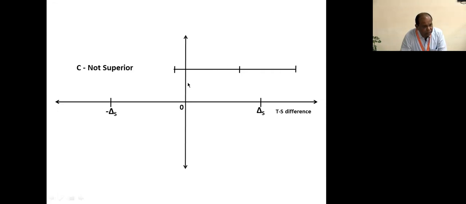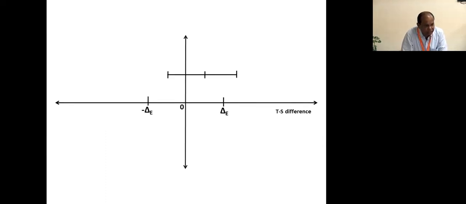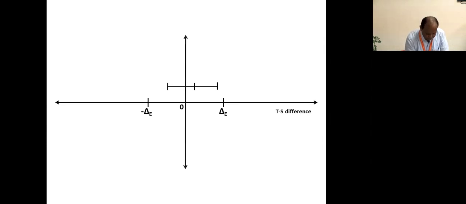Have I given you the equivalence margin? I have not given you the equivalence margin. I have given you the superiority margin, so usually you don't look at it. This is the equivalence margin. Tell me what is happening. Equivalent? Not equivalent. This side of the margin exceeded the limit, therefore it is not equivalent. And this is equivalent because it falls between these two limits.